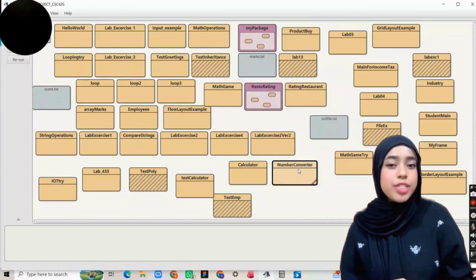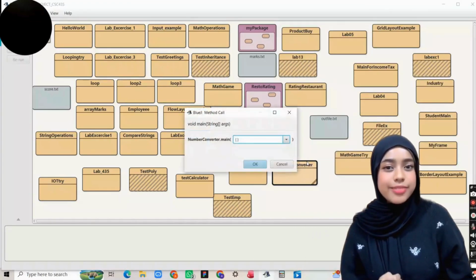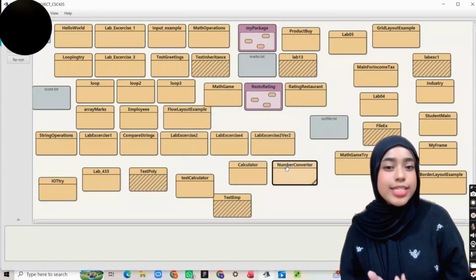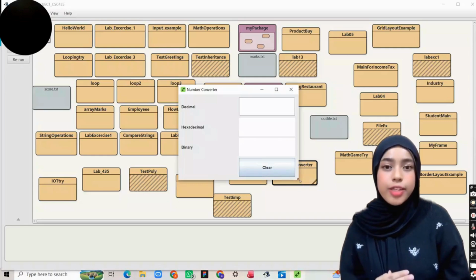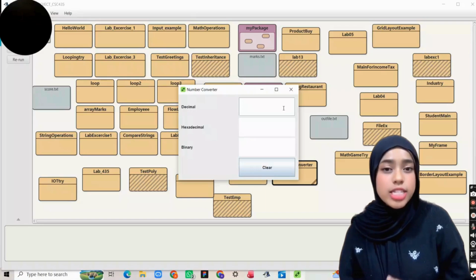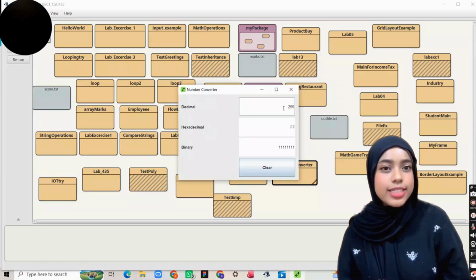Now I will demonstrate the number converter application. This application converts a decimal integer into its hexadecimal and binary equivalents. First, I enter a whole number into the decimal text field. For this demonstration, I will enter 255 and press the Enter key. The application immediately converts the value. As you can see, the hexadecimal result is FF and the binary result is